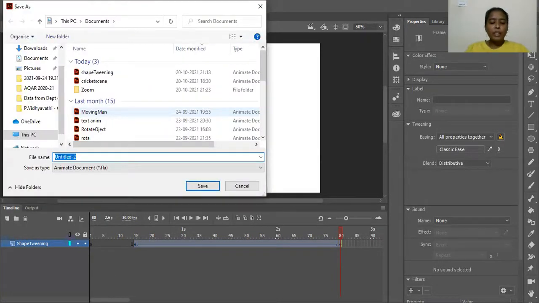Rename it as shape tweening. I already mentioned, shape tweening is nothing but morphing. It changes its characteristics from one to another. It saves as a .fla file, that is a Flash animation file. Click on save.